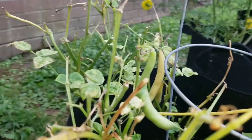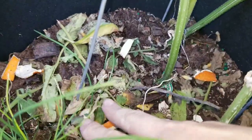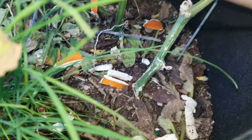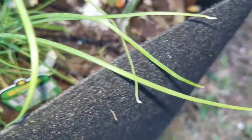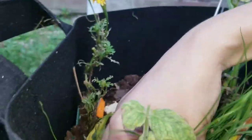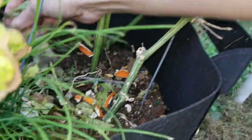Okay, now that I've given you an update on the bean pods, I want to give you an update on my compost alternative. Now I do have new stuff in here, but like I said, you put it on, it breaks down on top of the soil, and it doesn't rob the nitrogen or hinder your plant's growth. But what you want to do is when it starts to dry up, you want to break it up. Now this isn't fully dry, so I can't break it up, and I've been breaking it up best of my ability here. So what I'm going to do,